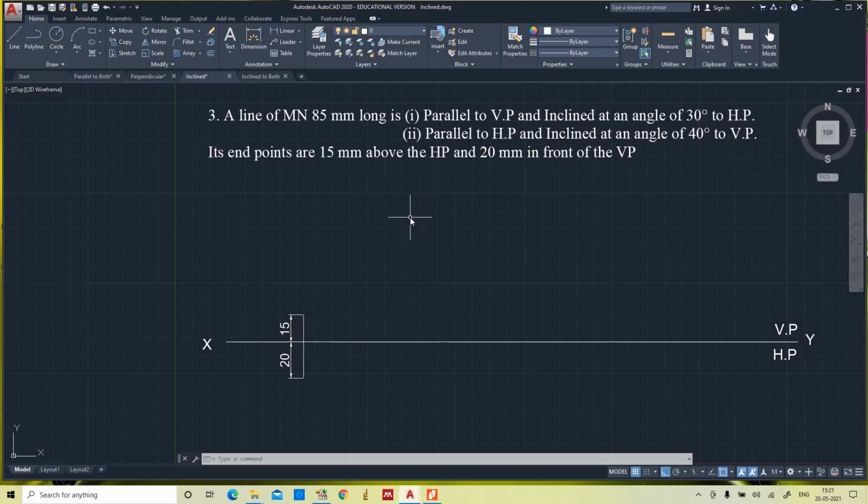if the line is inclined at an angle of 30 degrees to HP, from the observer direction, the front view appears as a 30 degrees inclined line on the vertical plane. When the observer views a line inclined at 30 degrees to HP, the front view appears as an inclined line on the vertical plane. The same we are going to draw